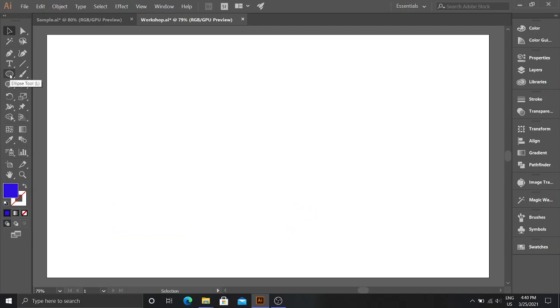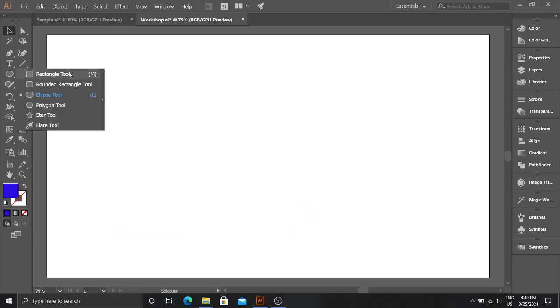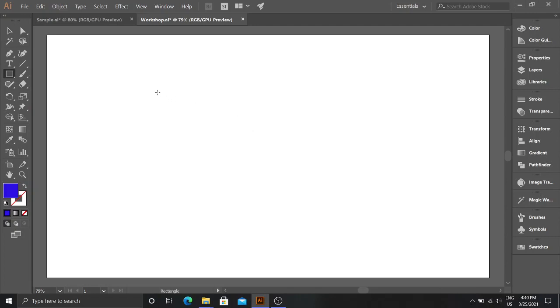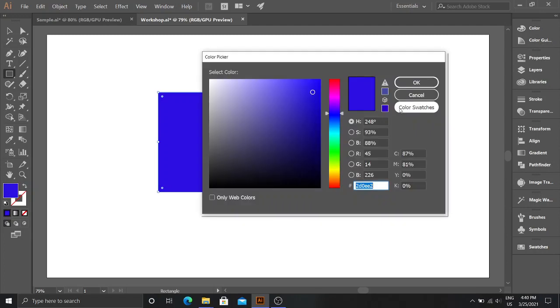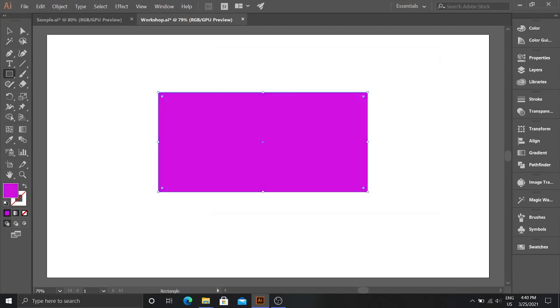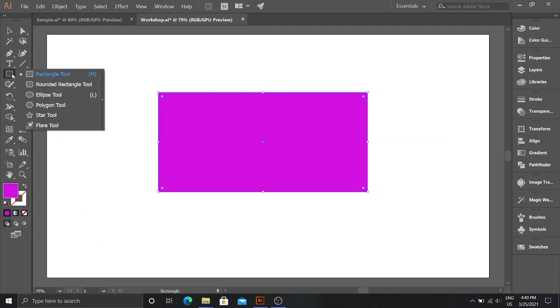Now right click here on the ellipse tool and you can see variety of tools. So this is the rectangle tool. Same process, draw out a rectangle. You can change the color and let's see another.